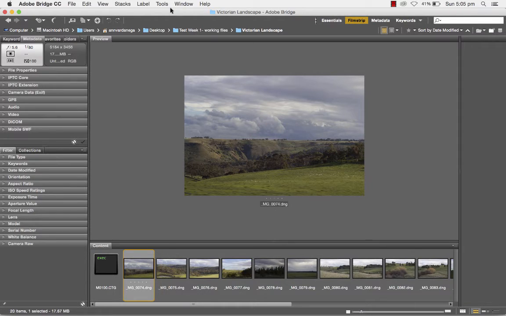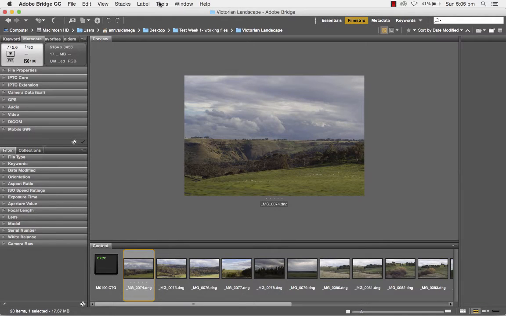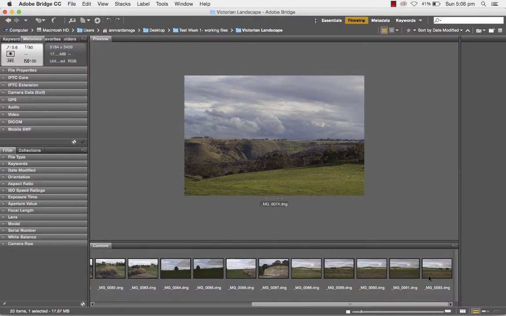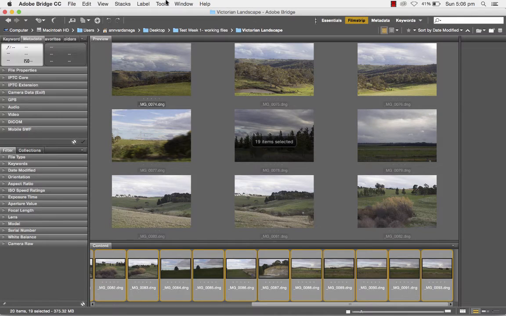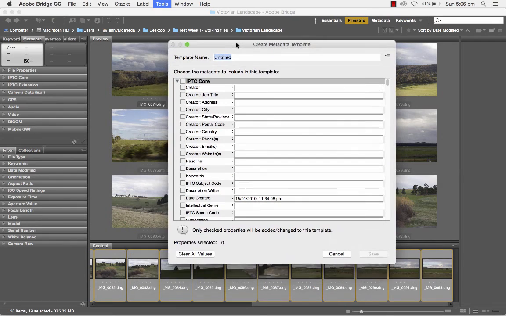Okay, before we continue I want to show you metadata templates, and how you can apply or embed more information into your files. So select all your files first, then go here and we're going to create a metadata template. So here, grid demo template. And just by selecting that checkbox, putting some information in,